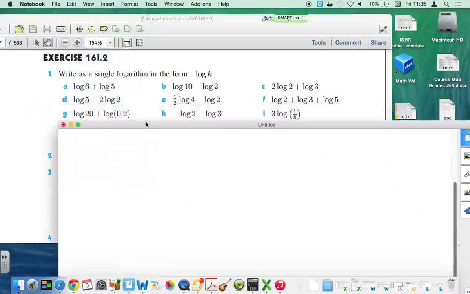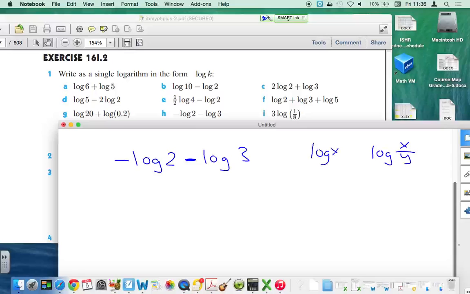Okay, it's got negative numbers in it. Minus log 2 minus log 3. We don't need to worry too much about that subtraction because we know that that can be changed into a division for two things that are subtracting. So I've got no worries about that. That's okay. Is this minus here that's a problem? Yeah, the answer is different. It's not a fraction. Right, now hang on. What we do here then is,